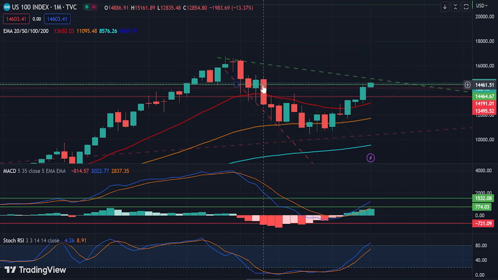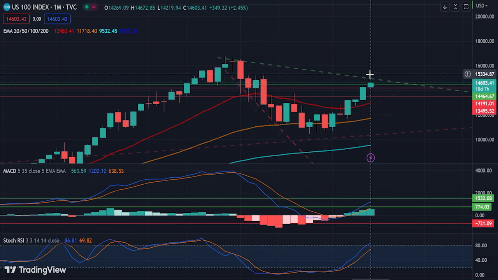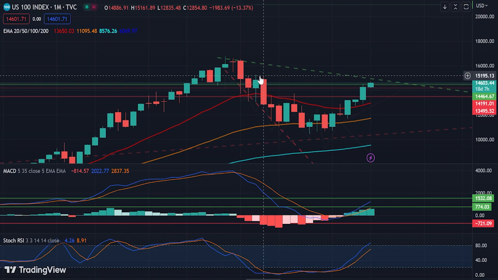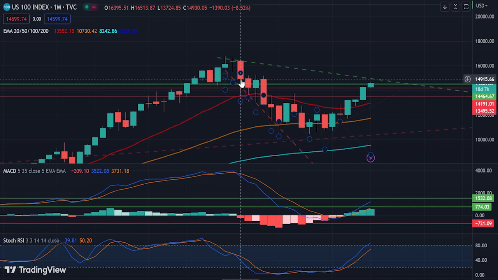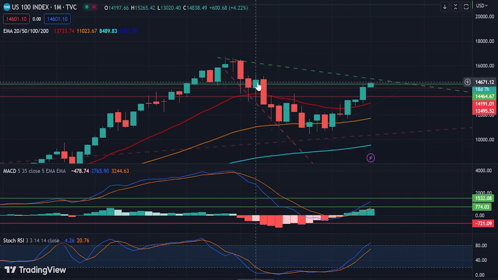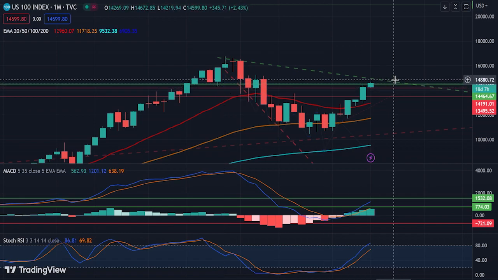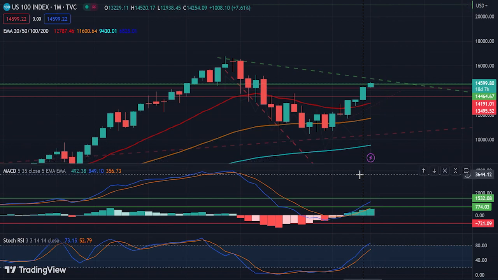So if it could consolidate for a couple months, let's say it breaks above this trend line here. Even if it does that, I still wouldn't be super bullish because of the sentiment of the markets recently. If it could go all the way up to 15,823 and consolidate around 14,391 for a few months, then that would be a bullish sign.